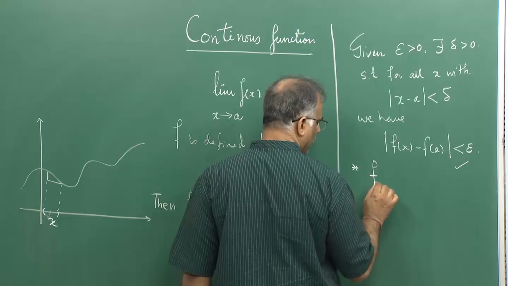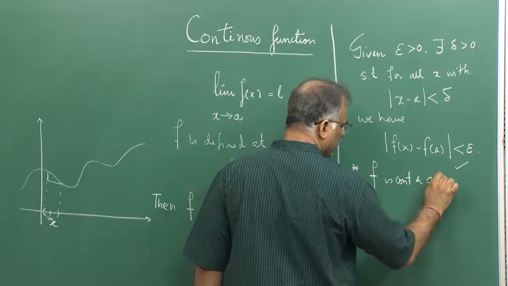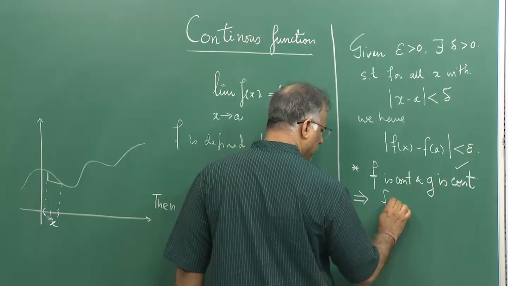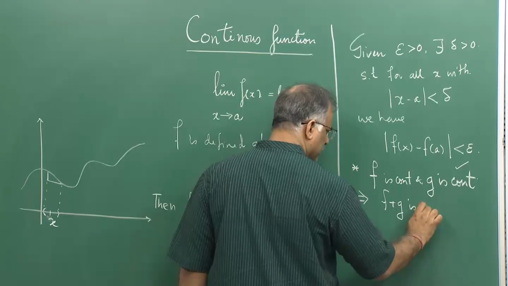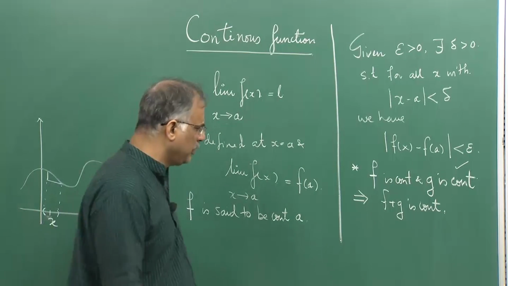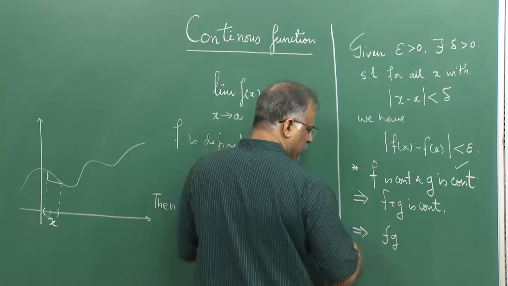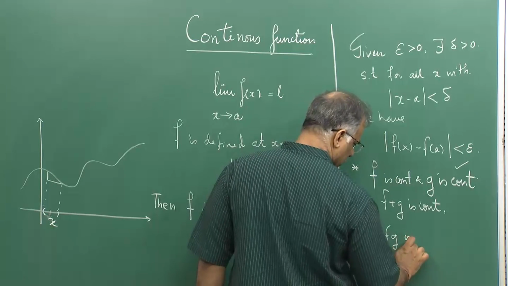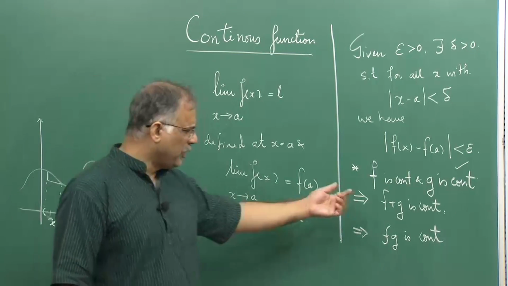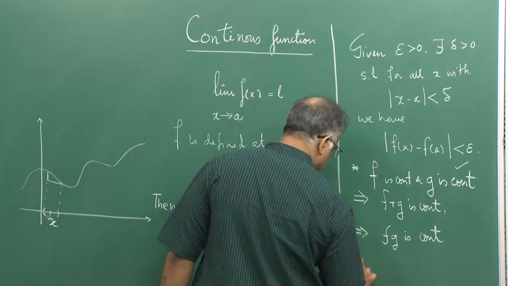For example, f is continuous and g is continuous implies f plus g is continuous. Similarly, if f is continuous and g is continuous, then f into g, which is f(x) into g(x) when you evaluate it, is continuous. So the function f plus g is continuous and the product fg is continuous,